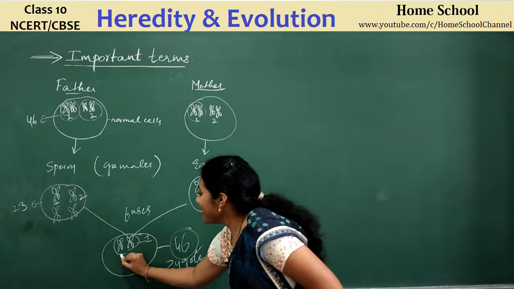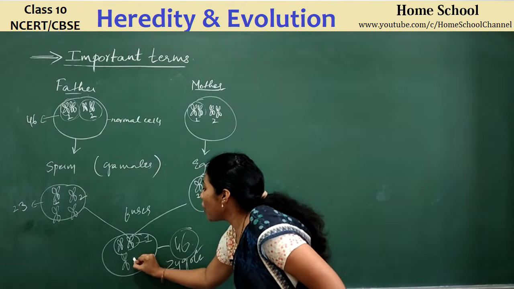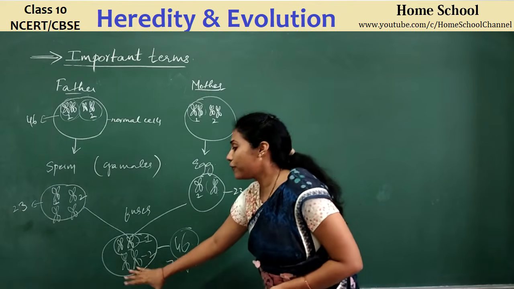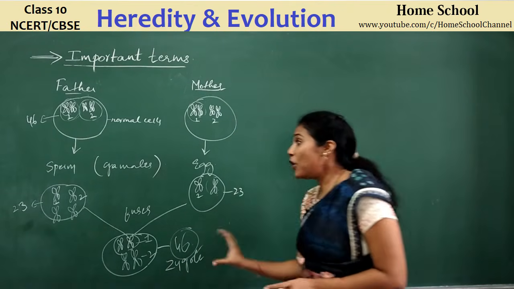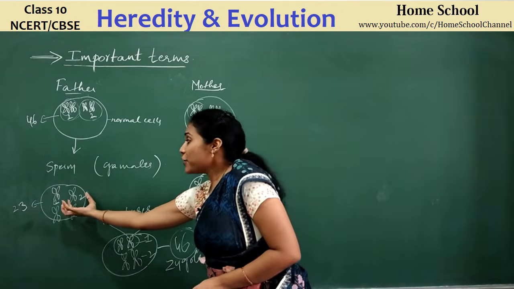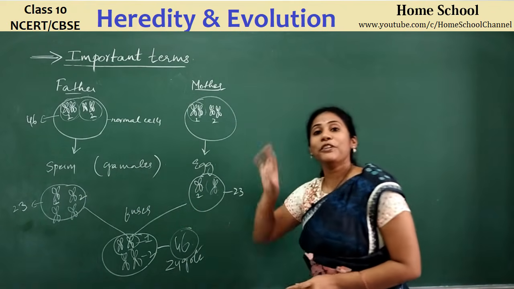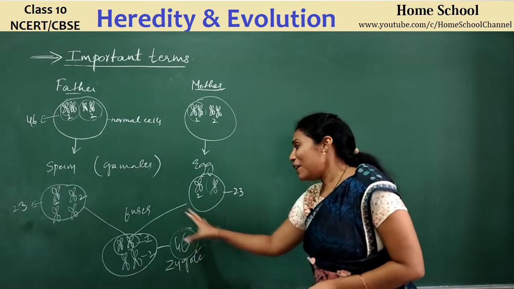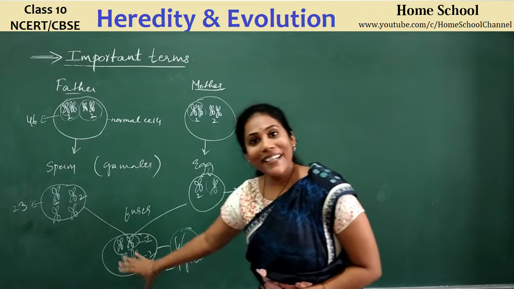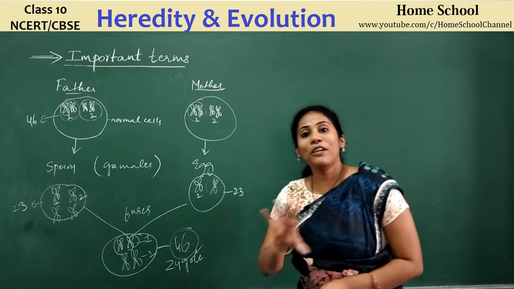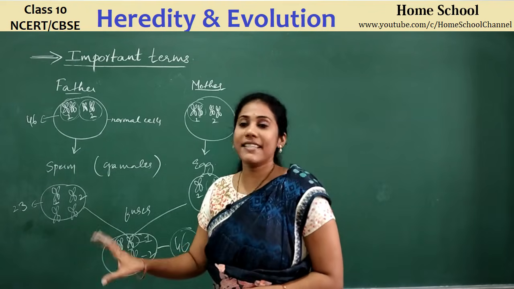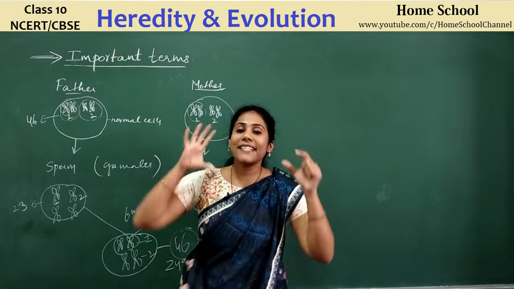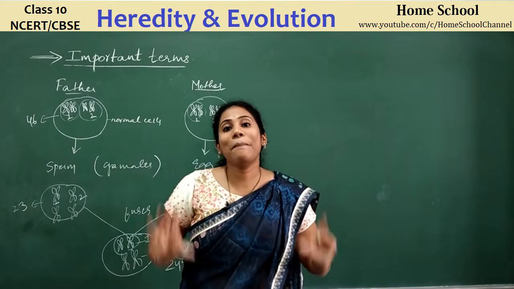So the second set of chromosomes is formed in the baby. This is the second set. Like that, the third set, fourth set, fifth set will be formed by the combination of chromosomes of father and mother. So this is how the number of chromosomes is maintained even in a baby. So the baby also, in all his cells, will have 46 chromosomes exactly like his father and mother.